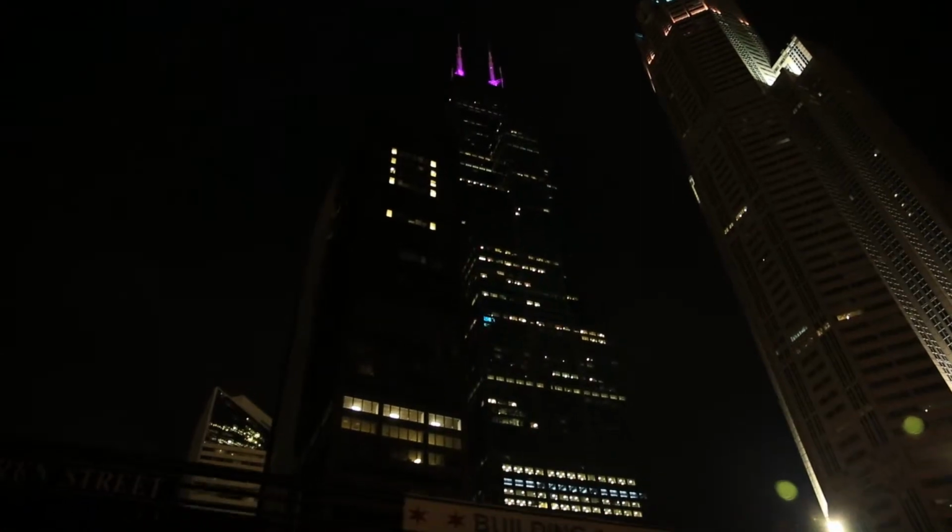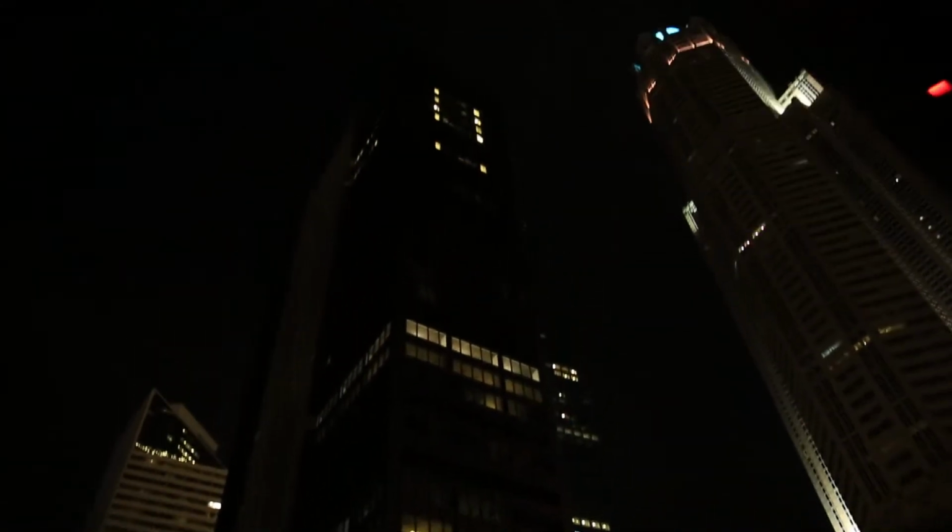And on a good day, you can see 4 states from up there. You can see Michigan, Indiana, Wisconsin, and Hawaii from the top of the Sears Tower. Okay, this will be on the final test, so pay attention. How tall is it? It is